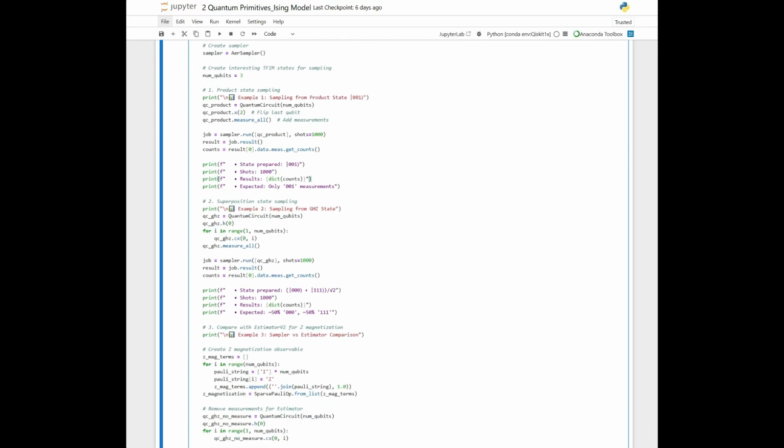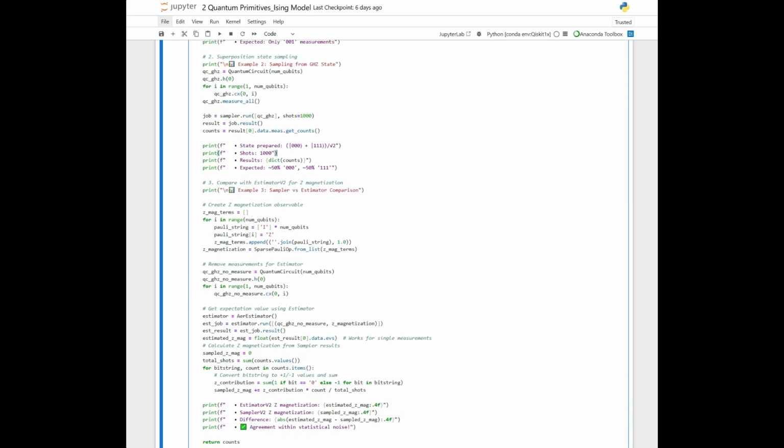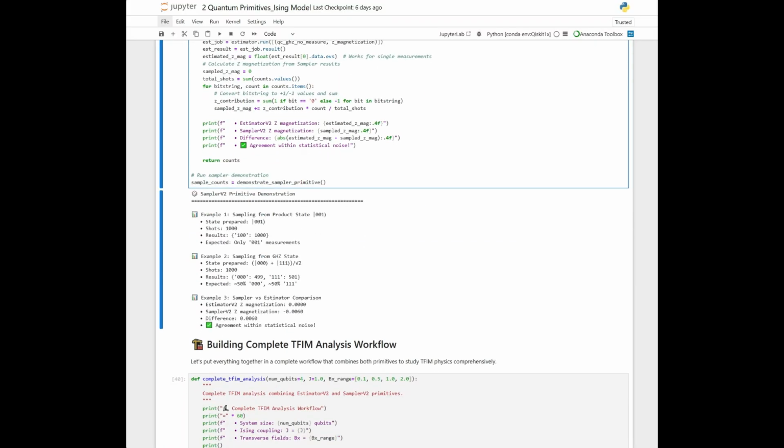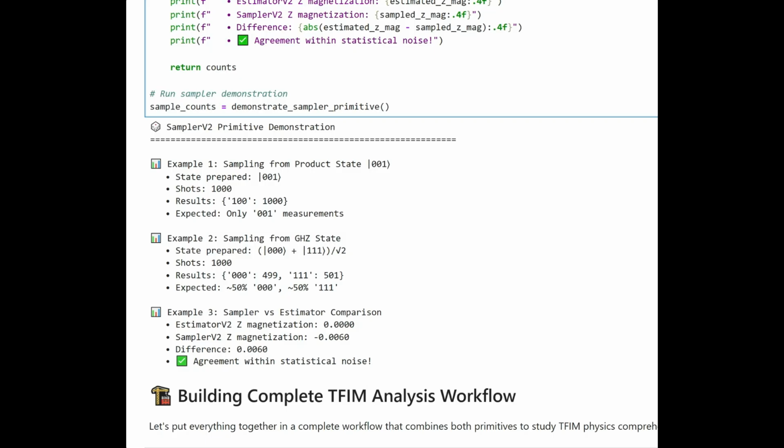so we can actually see the number. And also, if you want to check other states, I'm going to leave these ones as examples for a superposition state, like that. To go faster, I want to mainly check here at the end. So you see that you can prepare different states, and in this case we prepare state 001, for GHZ 000 plus 111, maximum entanglement. You all can check the sampler versus estimator comparison, which